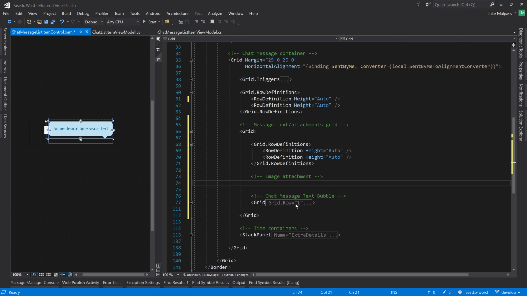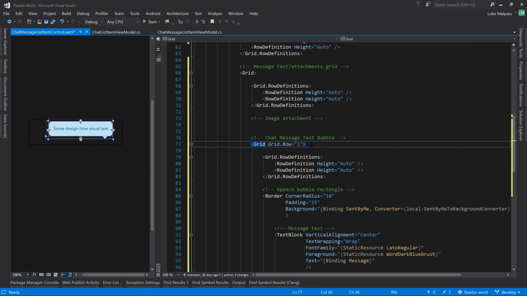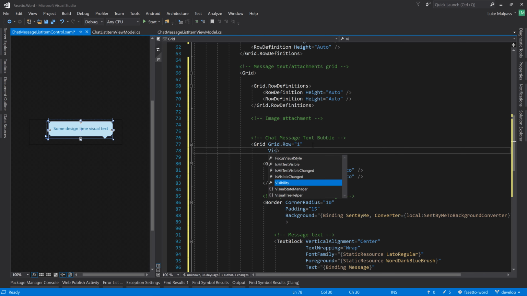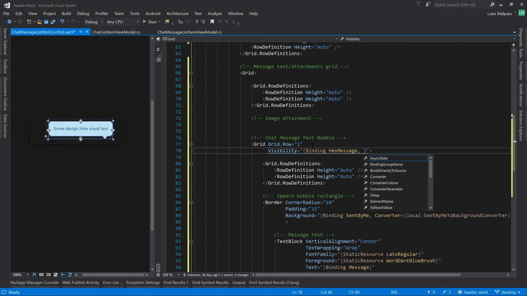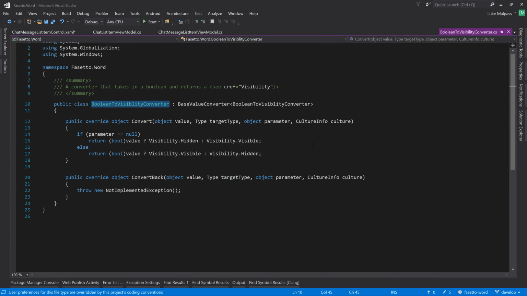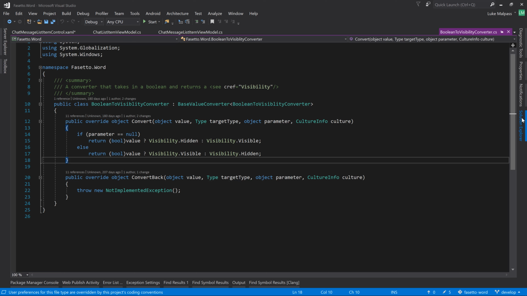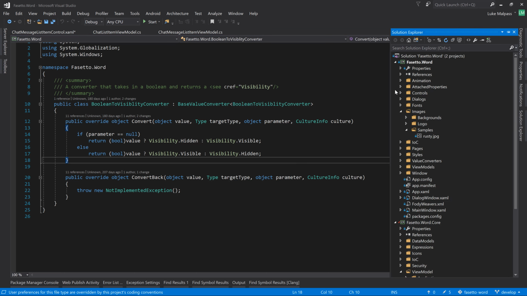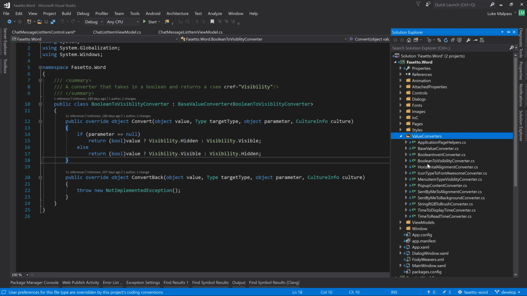And then, oh, I know one thing we wanted to do is this whole row for the text bubble. We wanted to set the visibility to the has message. And we'll need a new converter because this Boolean to visibility converter does hidden. And we don't want to hide the bubble. We want to make it completely collapsed, invisible. So if we just quickly make another value converter, Boolean to visibility,